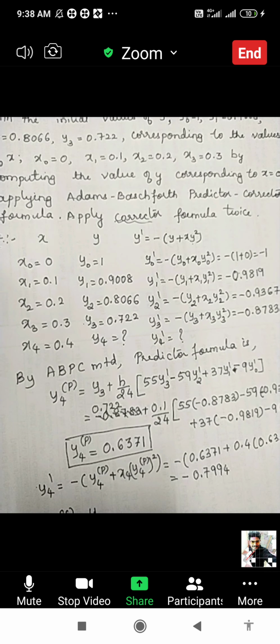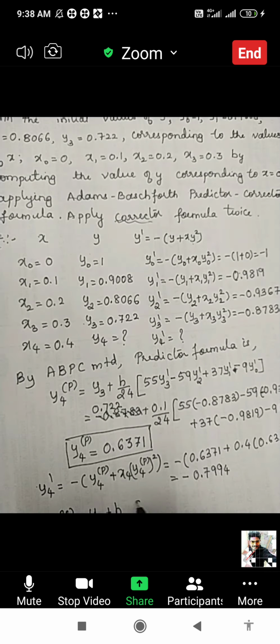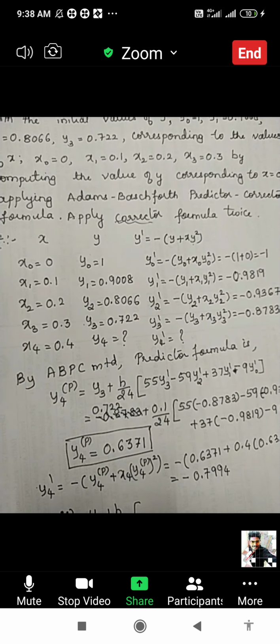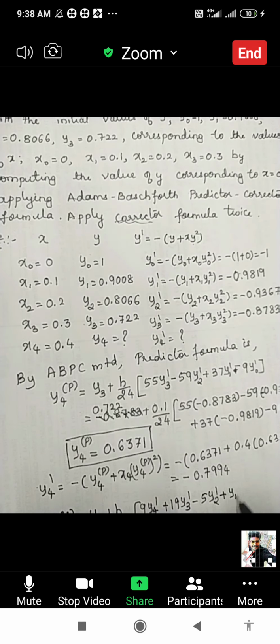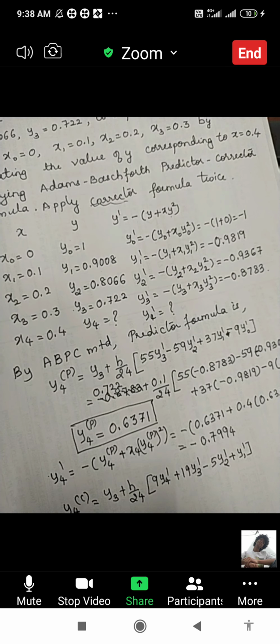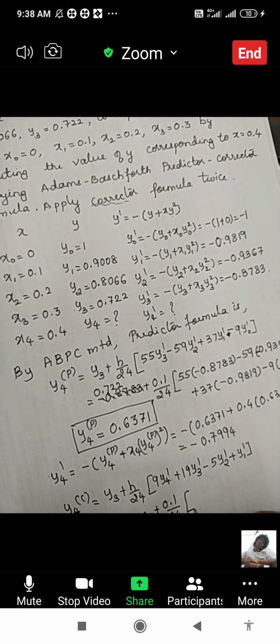The corrector formula is y3 plus h by 24 into bracket. What do we have? Any doubt? 9 y4 dash plus 19 y3 dash minus 5 y2 dash plus y1 dash. y3 is 0.722 plus 0.1 divided by 24. 9 into y4 dash is 0.7994. 19 into y3 dash is,